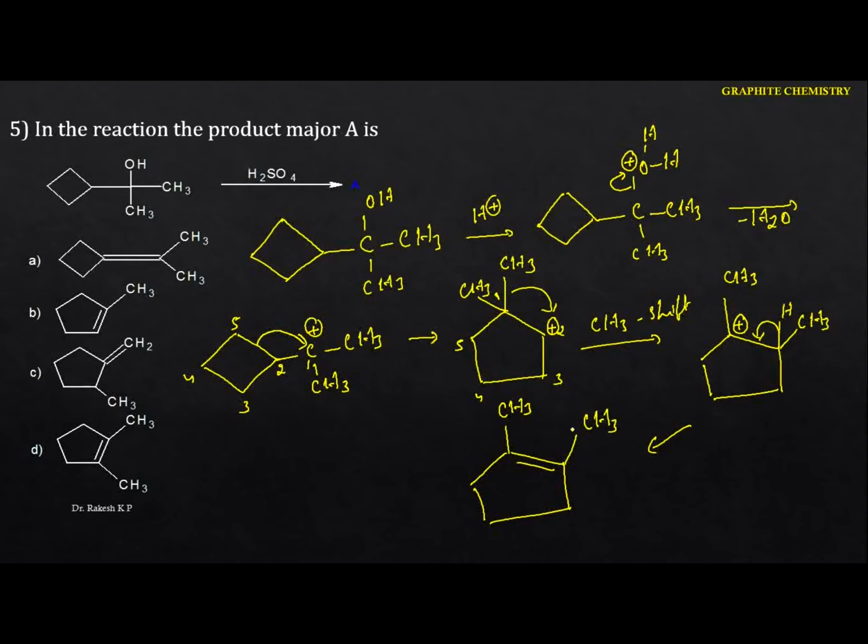Remember one thing here. Whatever the reaction mechanism may be, if there is a formation of carbocation, you have to do the methyl shift, hydride shift, or maybe the ring expansion, so as to get the most stable carbocation. Here we got the most stable carbocation, and the product you are going to get is this one. Hence the option in this reaction is D.